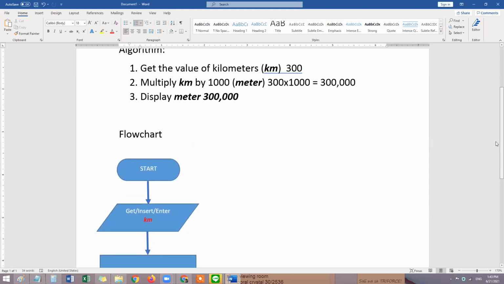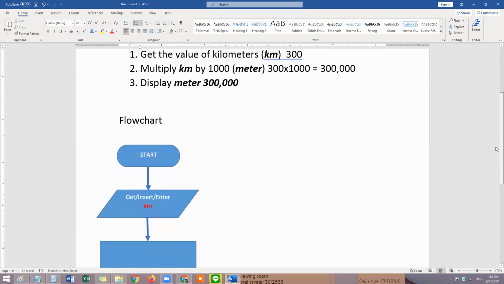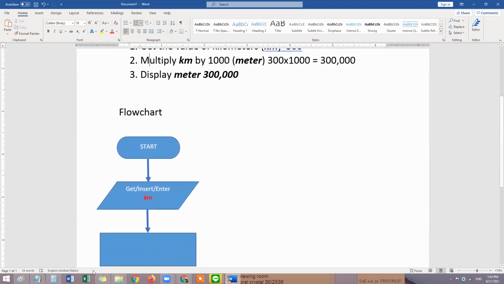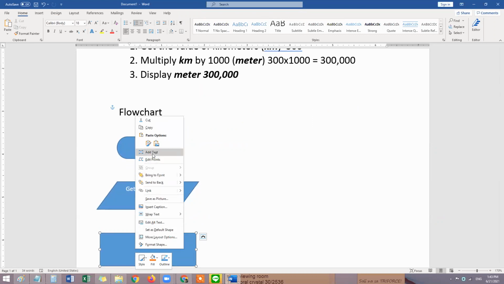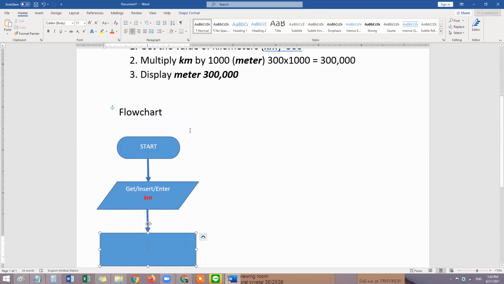So again, how will you make it a mathematical equation? We don't use the word multiply. Multiply is for the algorithm and pseudocode. But in the flowchart, we actually need to make it an equation, such as stamp is equal to 5 divided by something. How about here? Anyone? Meter is equal to